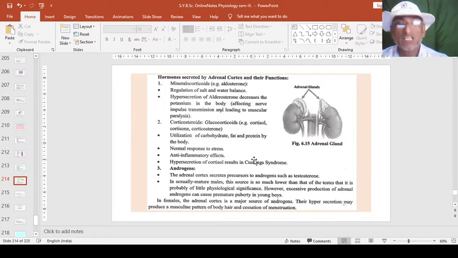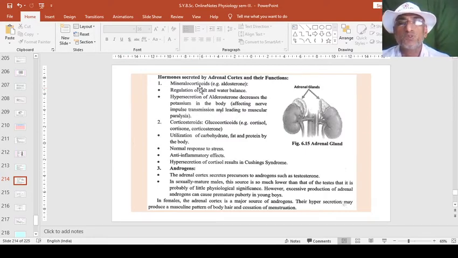Now the hormones secreted by the adrenal cortex and their functions. Prior to that, we will see these are the kidneys, and at the head of the kidney there are the adrenal glands. Therefore the name: the glands which are adjacent to the kidney, or renal organs, are called adrenal glands. Very simple. First,